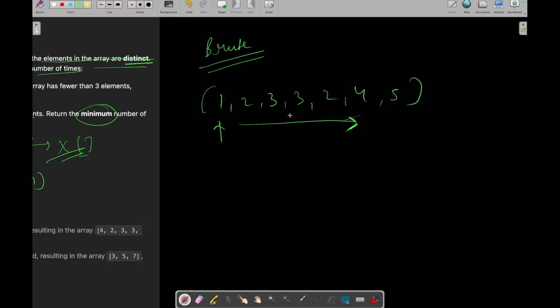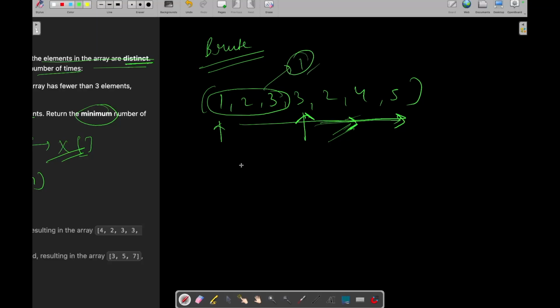If not, then what we will do? We will simply remove these 3 elements and come to this index. Now again check whether this array contains all the distinct elements or not. If not, then we will remove the 3 elements. If yes, then it should be fine. So yes, it contains all the distinct elements. Then we will simply return 1.